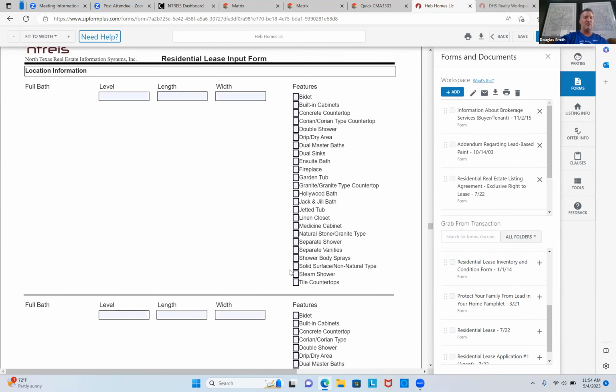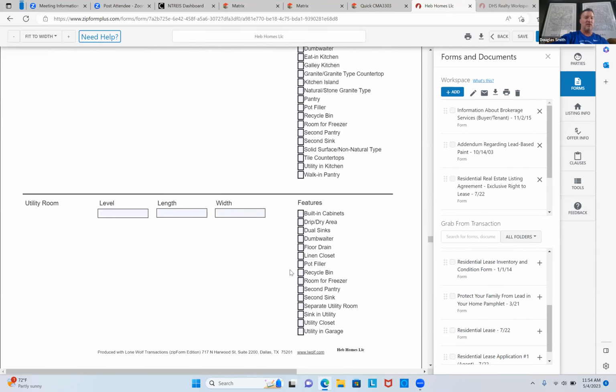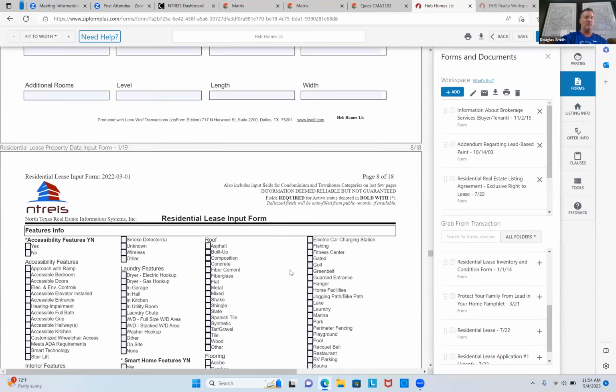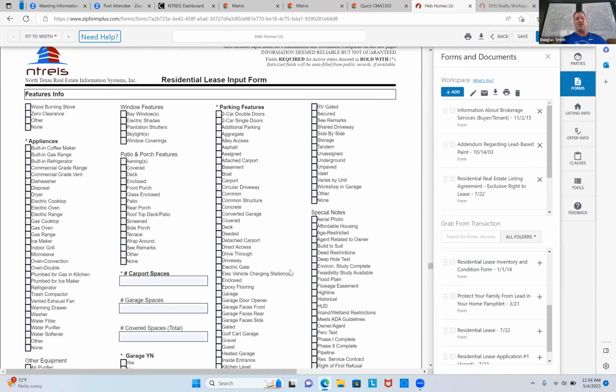It's 18 pages, so it'll keep you busy. And you can ask the landlord any questions while you're there, okay? You've got additional rooms. You can go through this page. And that way you have it. It's not necessary that you load it in Backagent, but it is a great form. Okay, all right. So now you go back home and let me show you quickly how you would enter it